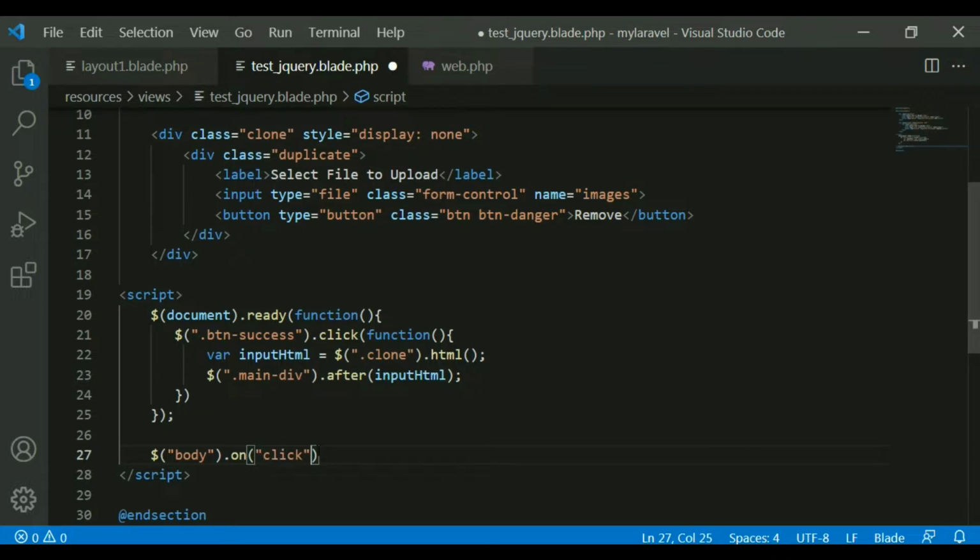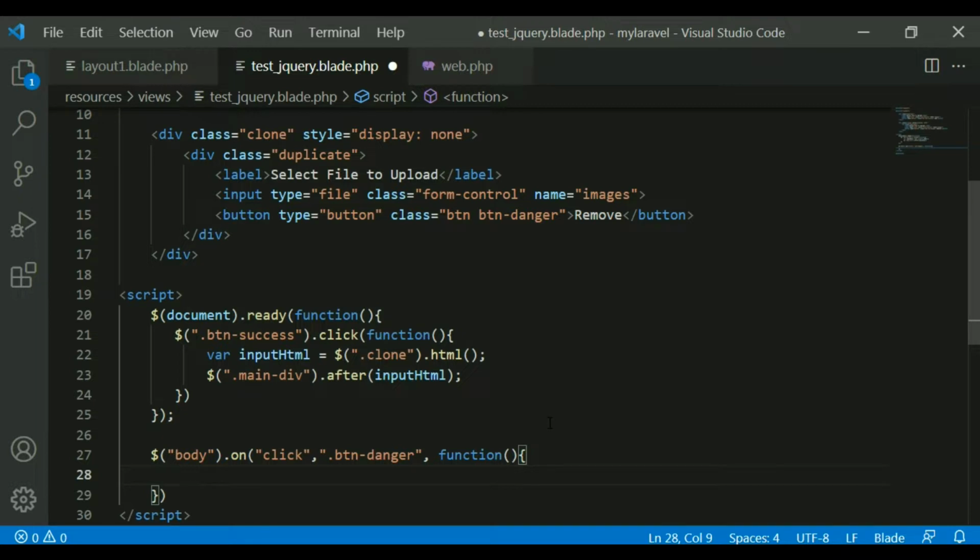When I click on this particular button danger, I want to call a function. This is an anonymous function because the function does not have any name. That means when I click on the danger button that is present in the body of this page, it will remove it.